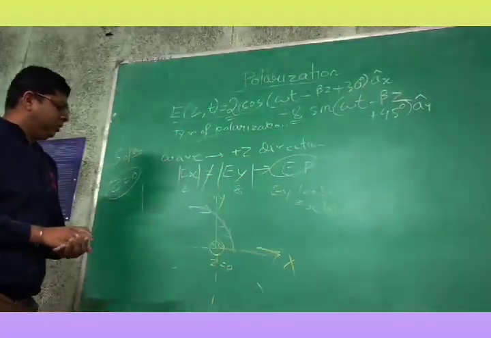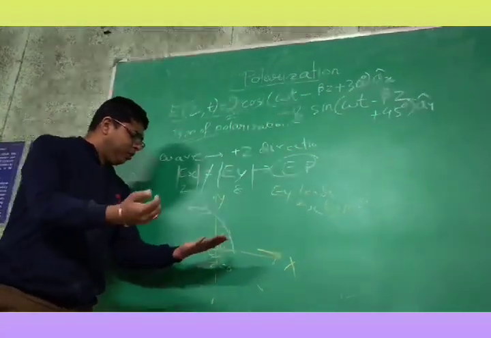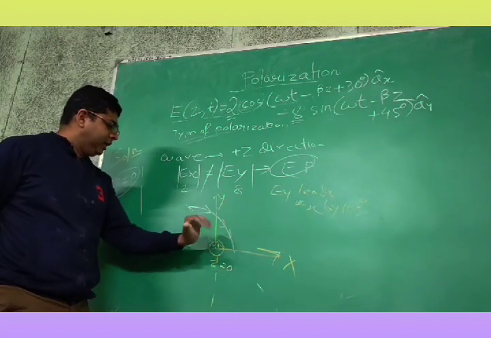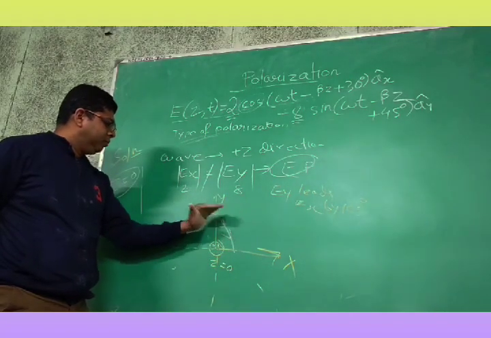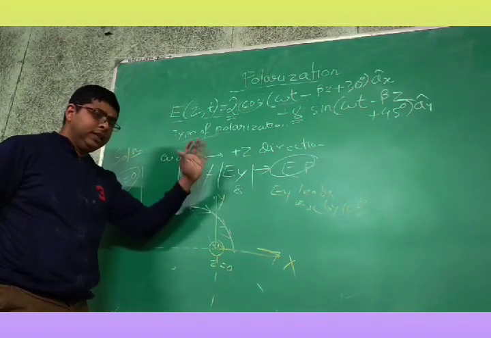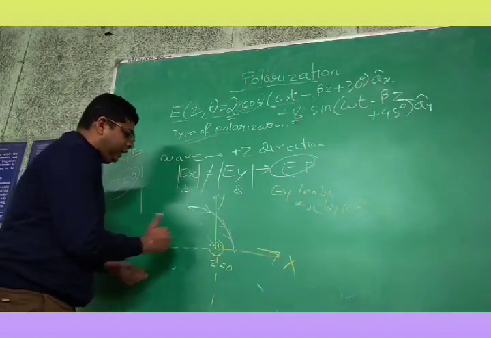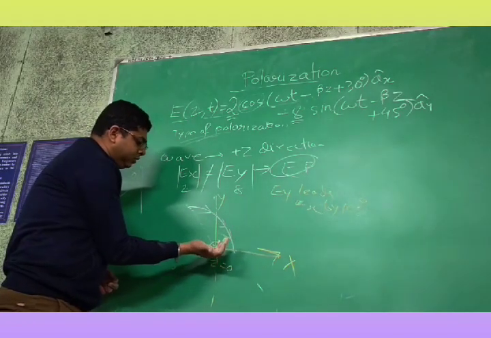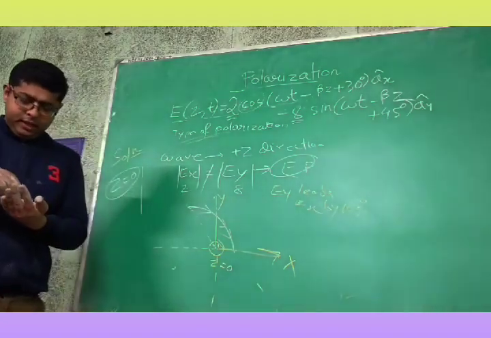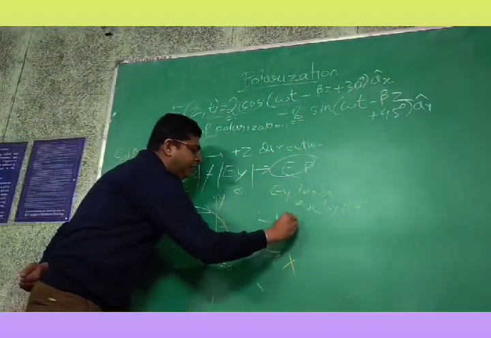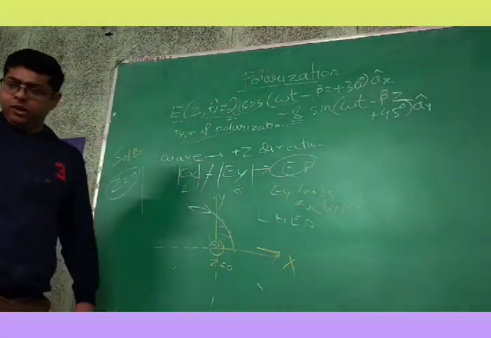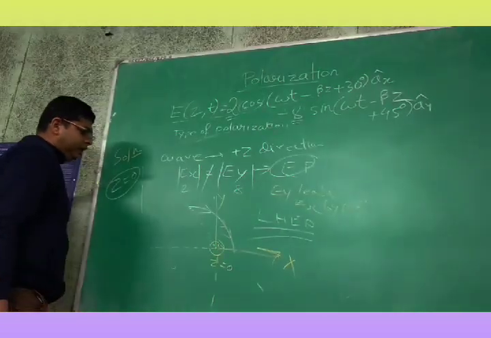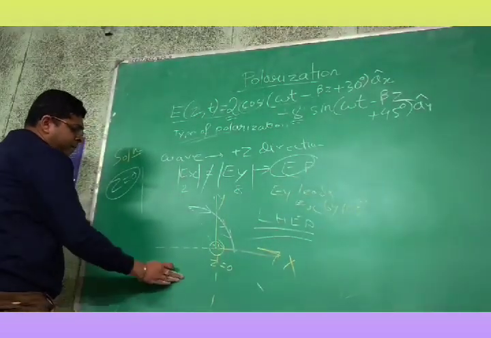Okay, now again let us try with our two hands. This is my left hand. This is the direction of propagation of the wave, plus z direction. If I rotate, is it matching with the plot? Yes, it is matching. So this is left-handed elliptical polarization. It is not matching with my right hand, so it is not right-handed. So this is basically left-handed elliptical polarization.